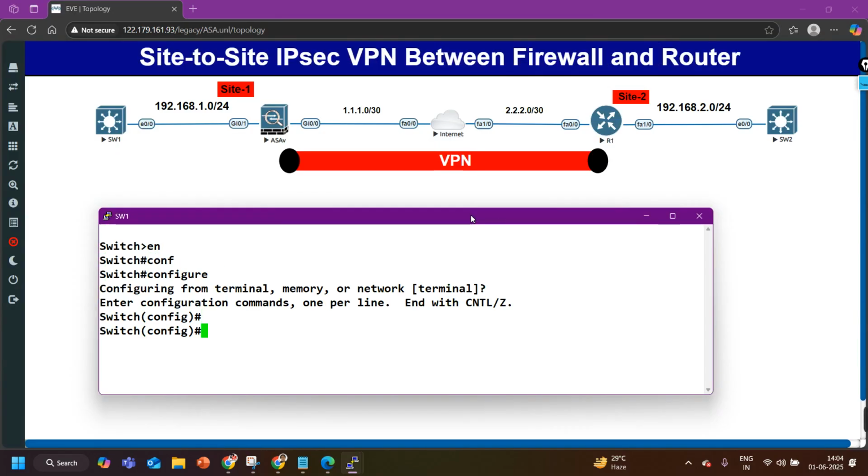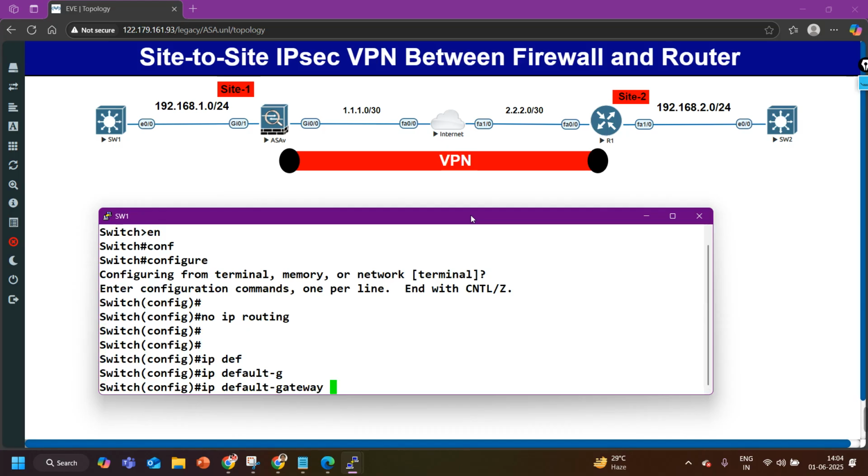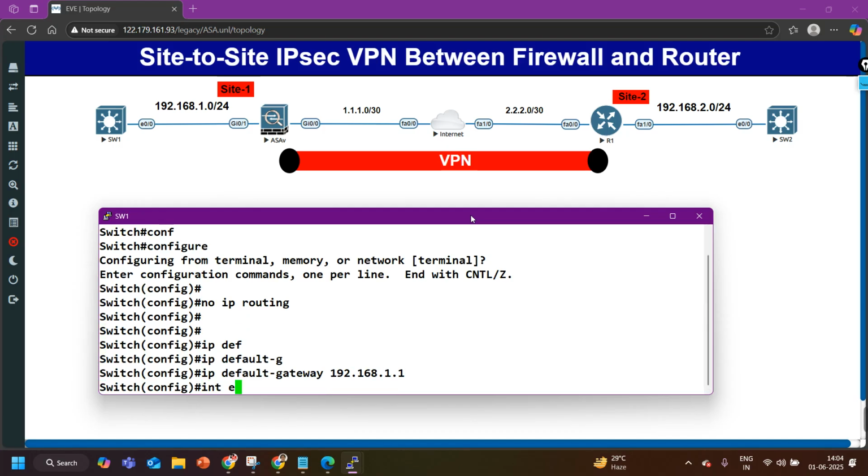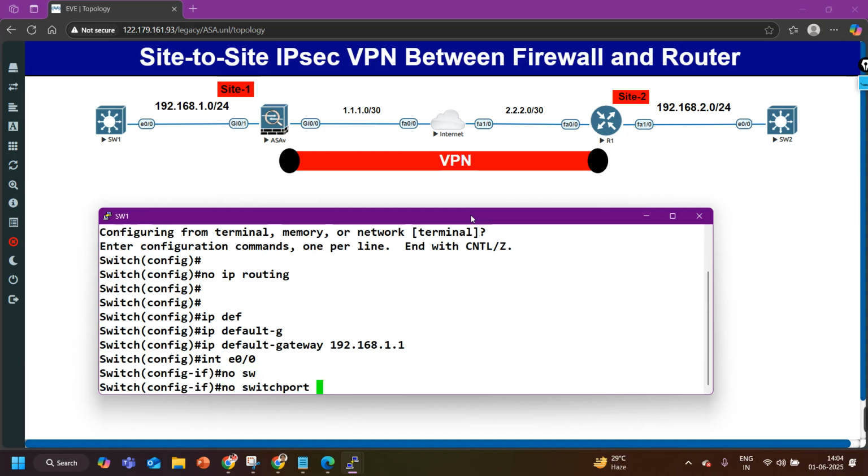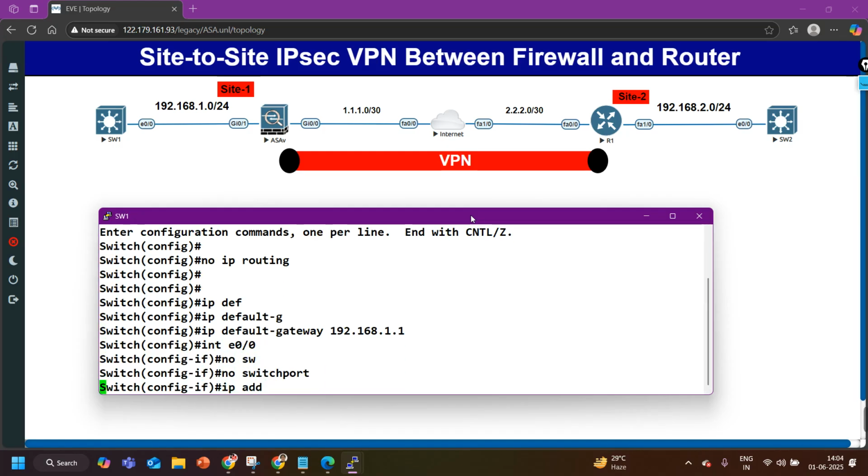First of all, on the multi-layer switch, I am going to disable the routing, say no IP routing, because I am using this device as a LAN device, right? LAN user, no IP routing. And then IP default gateway IP address is 192.168.1.1, and then go to interface E0/0. Let me say no switchport to make it layer 3 port, and then IP address